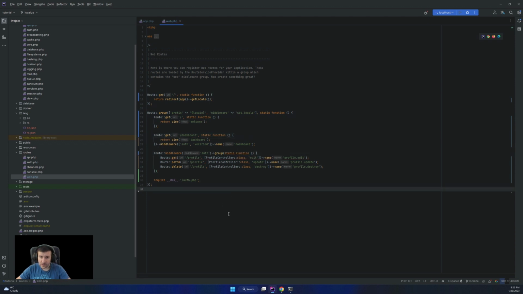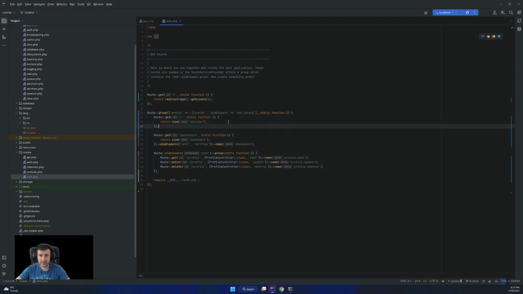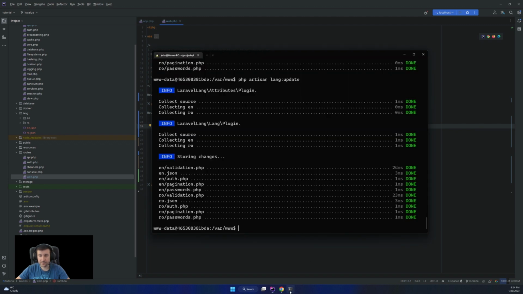Okay. So the slash will redirect to the default language locale, Laravel locale, and then we have a group defined for the locale that goes through middleware. We want to create that middleware and see what we should add to it. So I'm going to go make middleware and name it set locale.